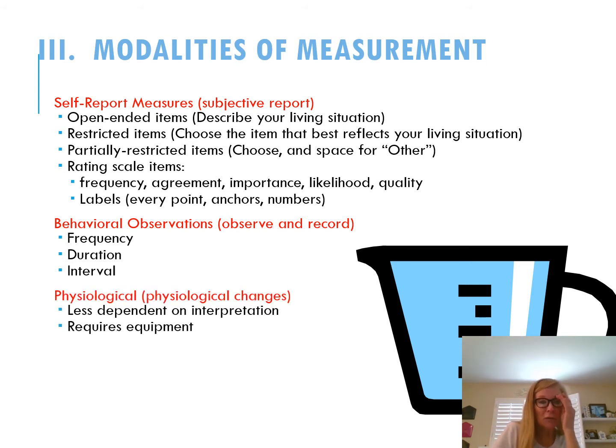Physiological measures are pretty straightforward. This requires the use of equipment. What's nice about these is they're not very dependent on interpretation because you're getting some objective numerical measure just by using the equipment. So an example might be something like blood pressure or heart rate, palmar sweat, measuring palm sweat